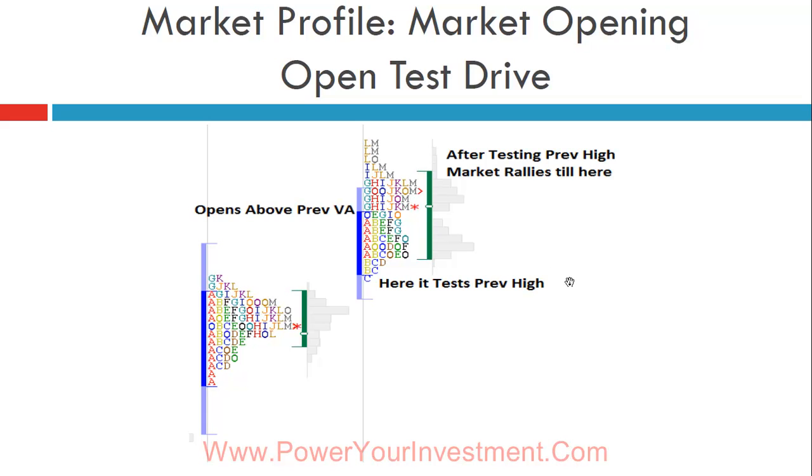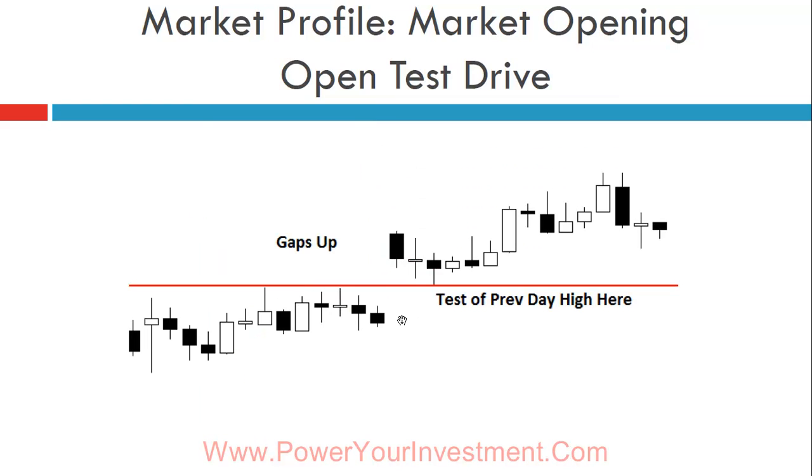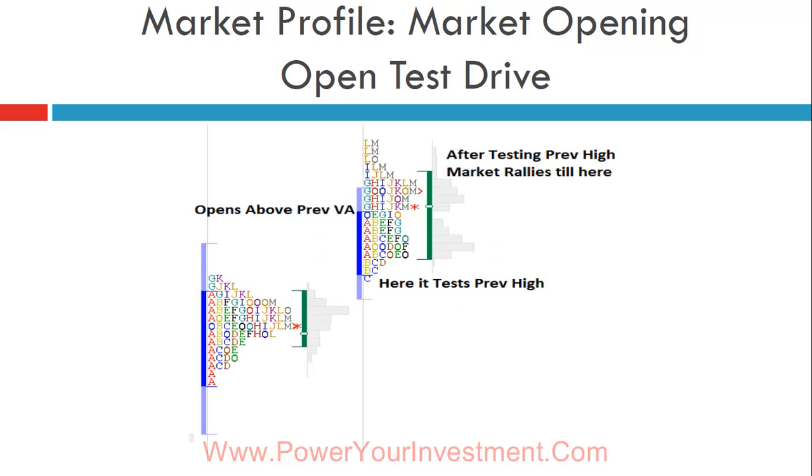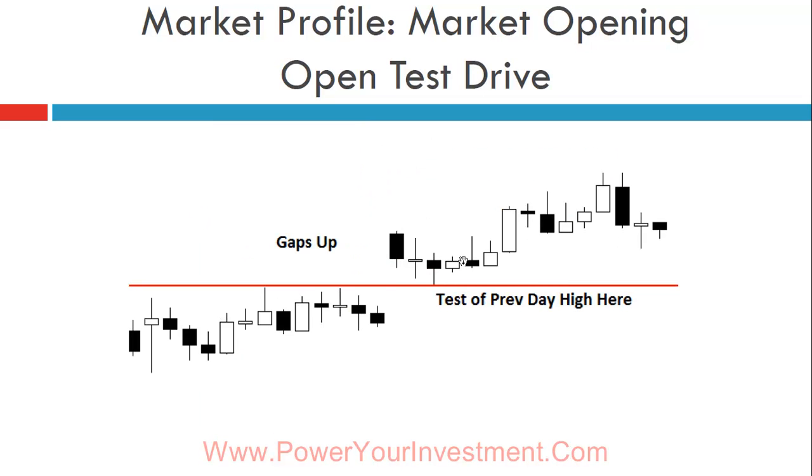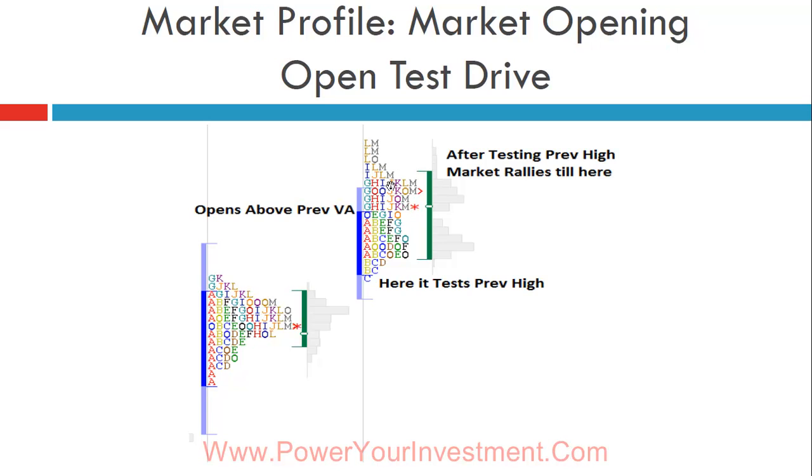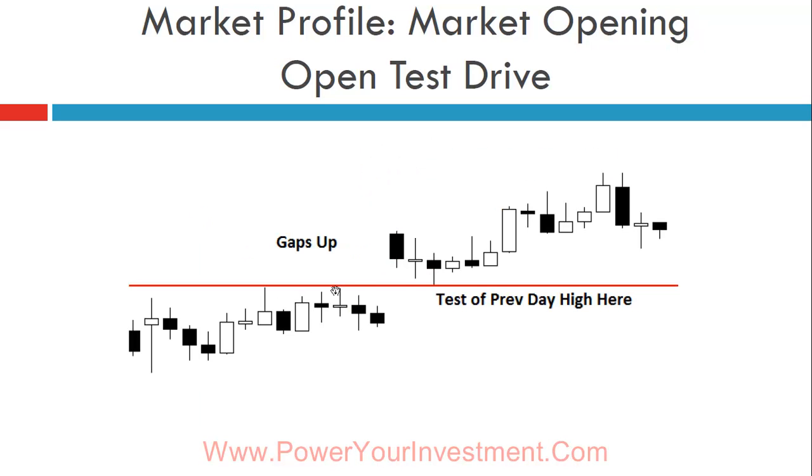Alright, let me check if I have a bar chart for it. Yeah, see what happens. This is the previous day's action. This action is similar to this profile, and this action is similar to this profile. So see what happens. The next day market gaps up, it tests the previous day high, and then again it starts moving in the direction of the breakout. Okay, so can you see what's the difference? This is open test drive,